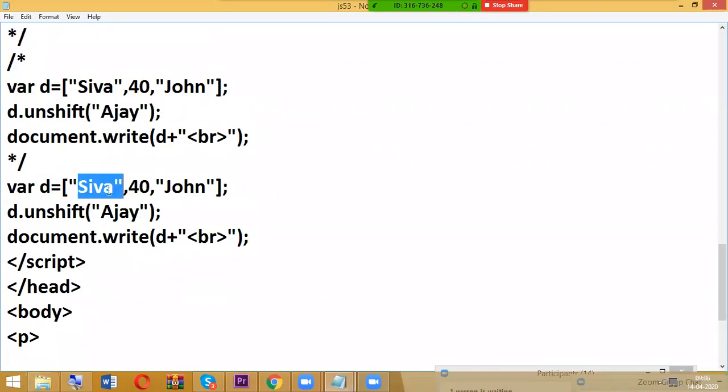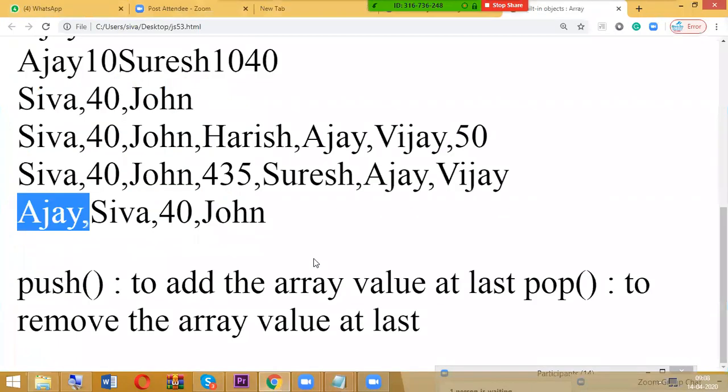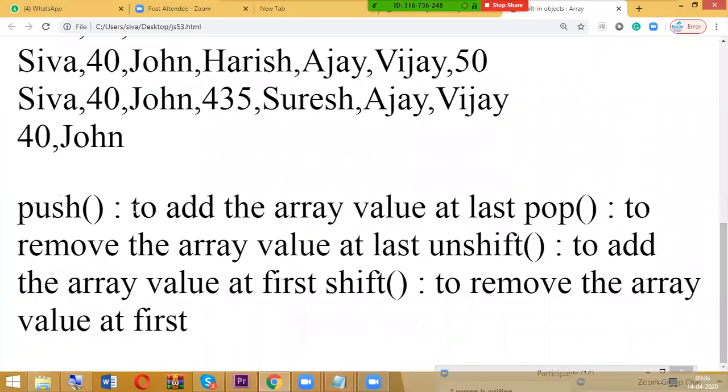So D dot shift, no need to write anything. Finally, what happens here? It removed from the first, nothing but Shiva is removed here. So this is the way we can work with those four methods.